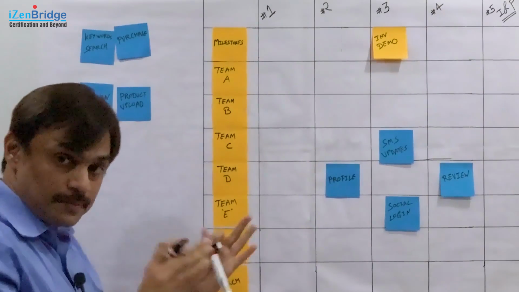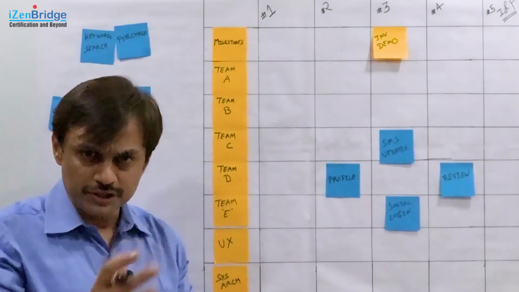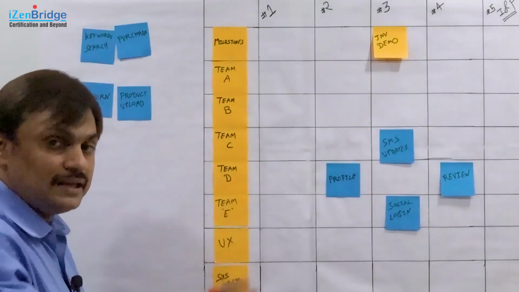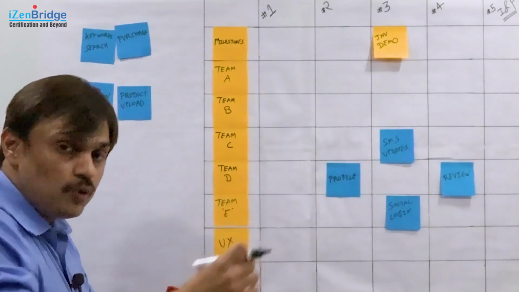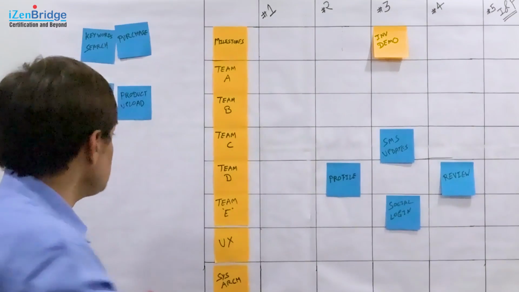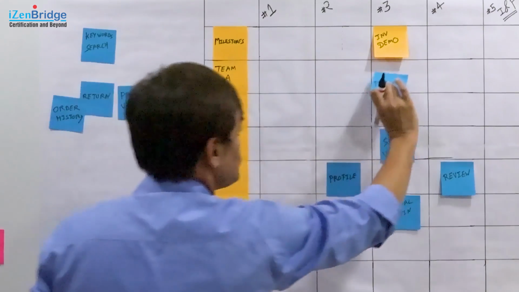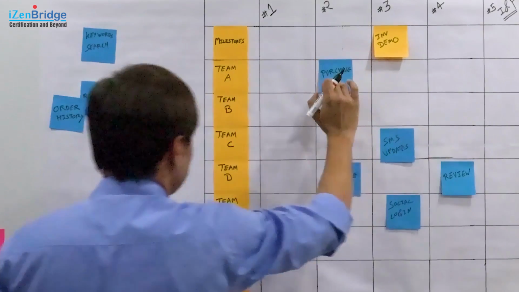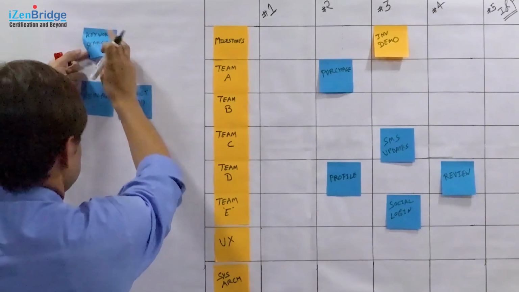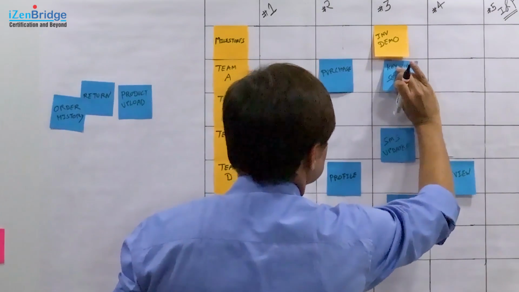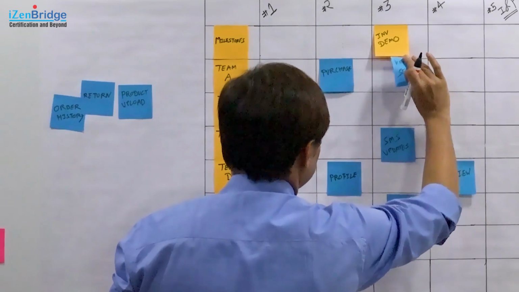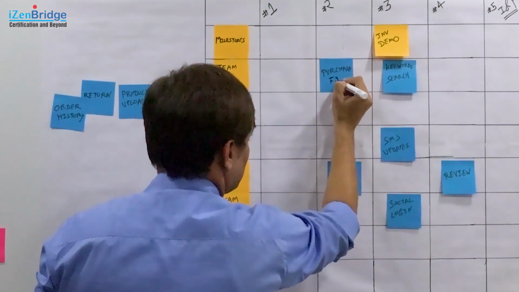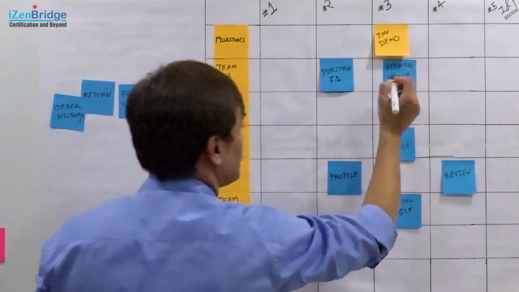Now, team A has come up with their own PI objective in integrated planning with each other, and based on their PI plan, you saw they are planning iteration-wise user stories and they know in which particular iteration they are finishing a particular feature. As they see a feature finishing in a given iteration, they need to mark that in that particular iteration. So, assuming this feature is finishing in iteration 2 by team A and this feature is finishing in iteration 3 by team A, they will mark it in the form of a blue sticky to show that we are delivering, say, feature 1 in iteration 2, and we are doing feature 2 in iteration 3.